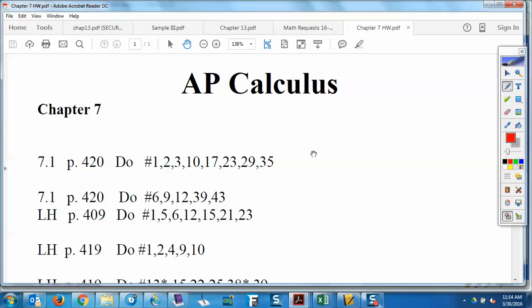Now, in your book, in the examples, they use this as an example of a problem where horizontal strips would work way better than vertical strips. Okay, and this is the last one I want to do just to point this out. So we're going to do it, because in your homework you've got to do it the harder way, the vertical strip way, and just as a point of emphasis, why this would be easier. So let's just do it as a practice for horizontal strips, then we'll talk about how you would divide it up. So if we look at this,